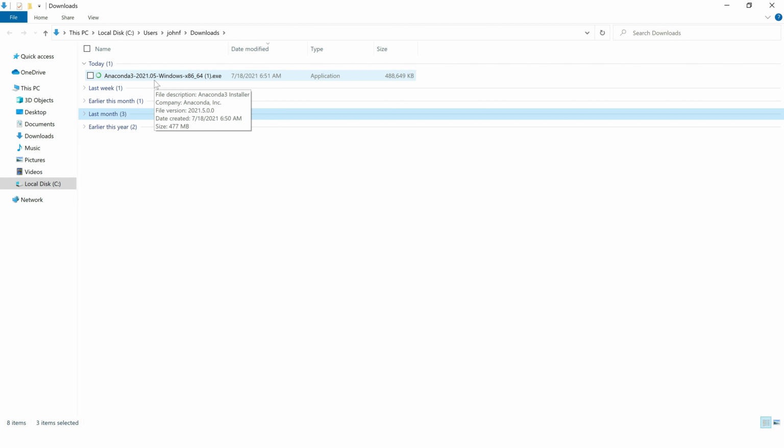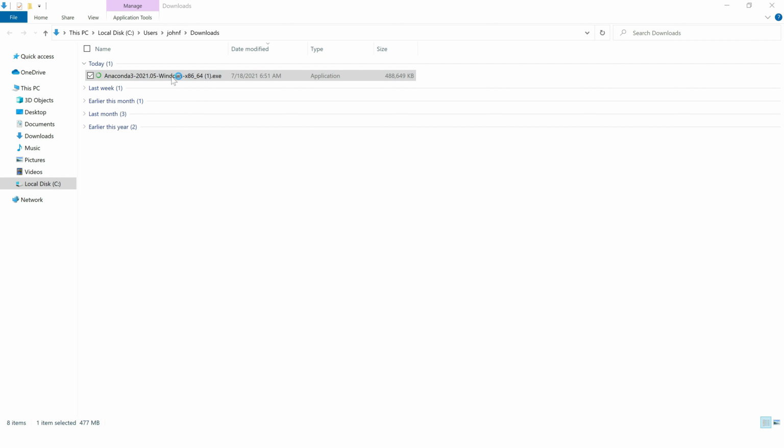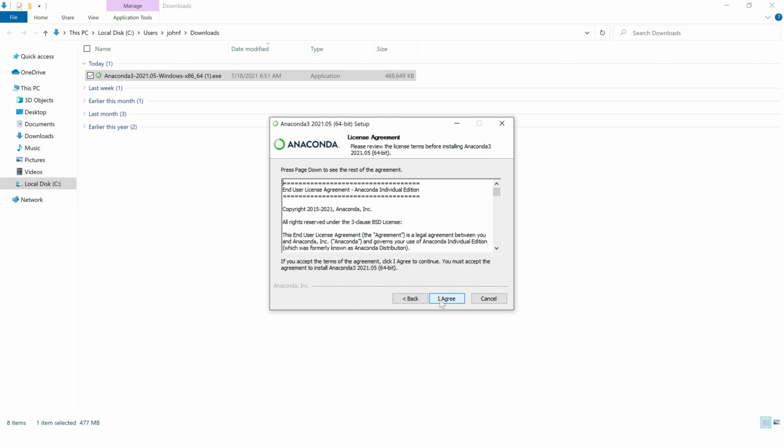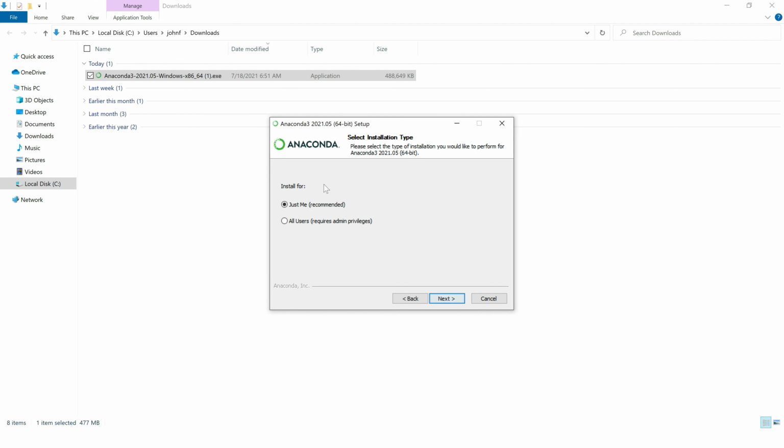Download is completed. This is the package you have to execute if you want to install Anaconda Navigator on your system. You can proceed with default options, but in my case I am selecting all users because I have admin rights. You also can go for it.